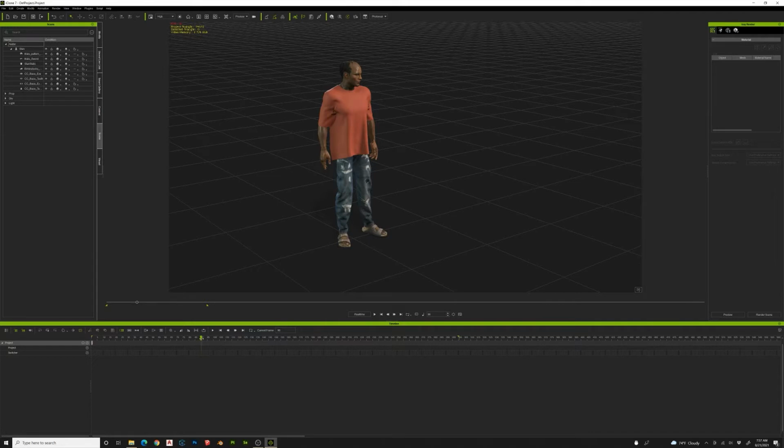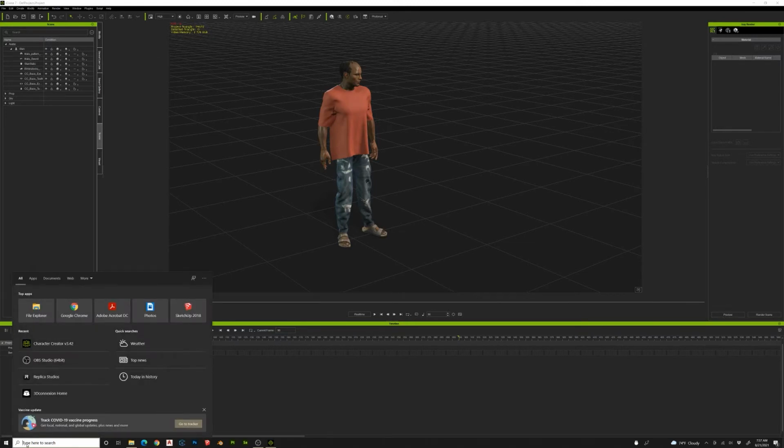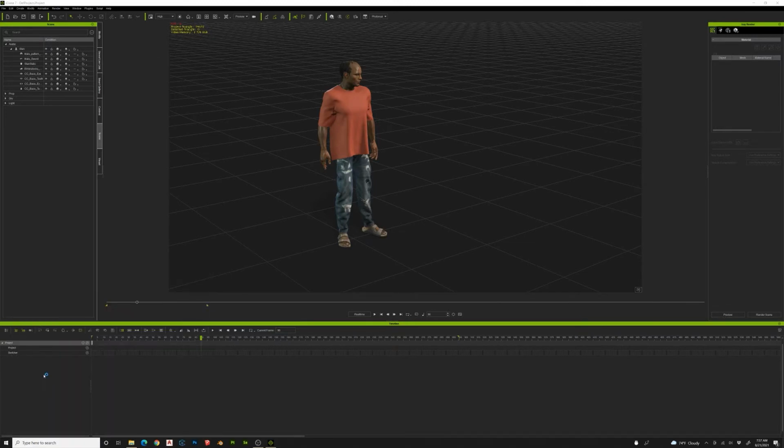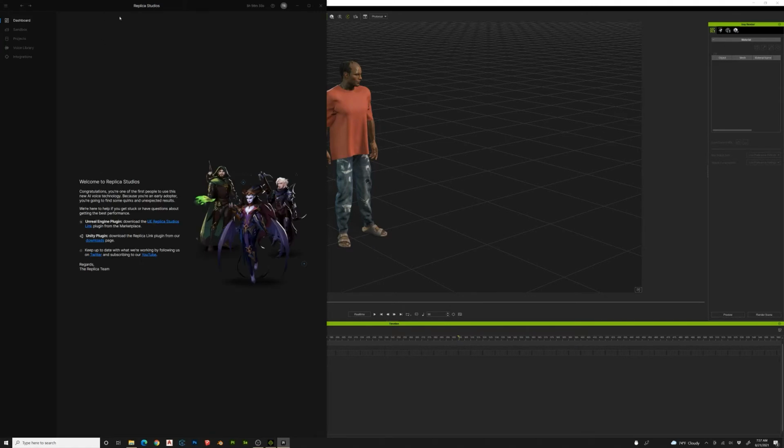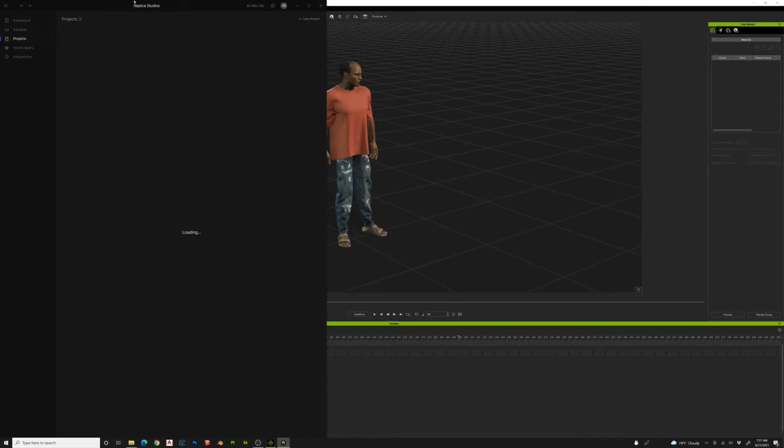At frame 90, I want to have some chatter. So let's open up Replica Studios. And Replica Studios just created a new projects section. So I haven't worked with this yet, so I'm going to try this. Name my project here, and we'll go into this project, and I want to create a new character. So let's create Stan,